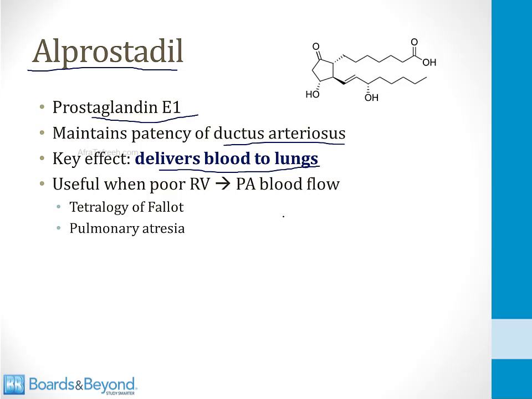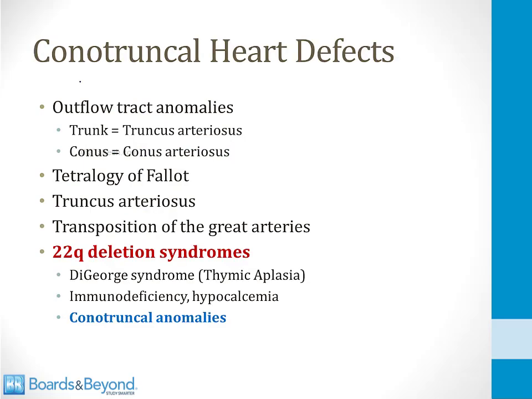So this drug is useful anytime there's very poor blood flow from the right ventricle to the pulmonary artery. And the two key situations where this is the case are tetralogy of Fallot, where there's obstruction from the right ventricle to the pulmonary artery, and pulmonary atresia, where there's no conduit to conduct blood from the right ventricle to the lungs. I'll finish with this slide and mention a term that you may read about in your textbooks and